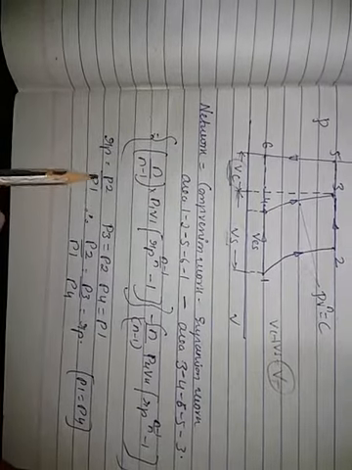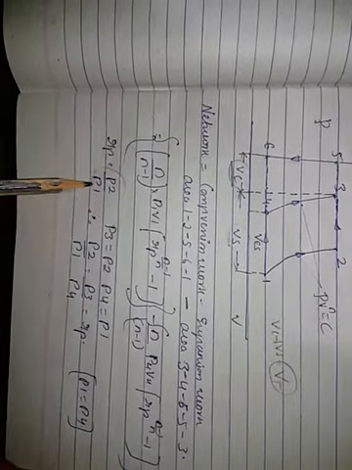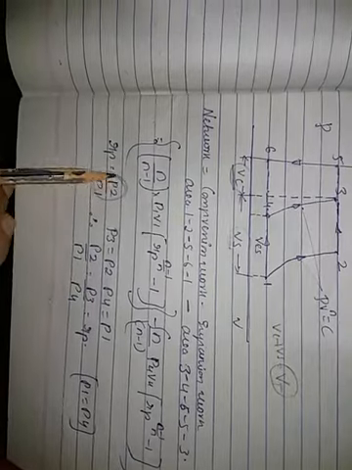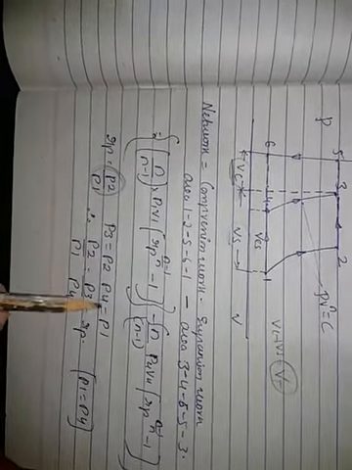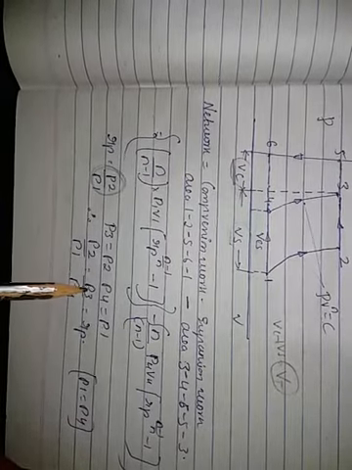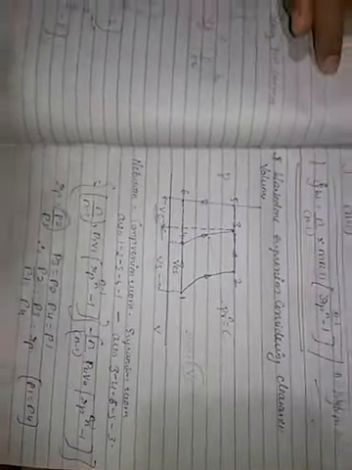Now see here, what is Rp? Rp is equal to P2/P1, that is nothing but the compression ratio or expansion ratio. We know that P3 equals P2 and P4 equals P1. So P2/P1 equals P3/P4, which is nothing but Rp. If I substitute this, what happens?